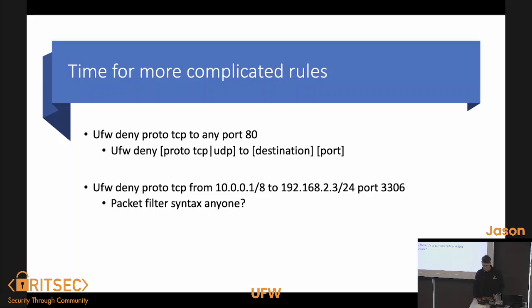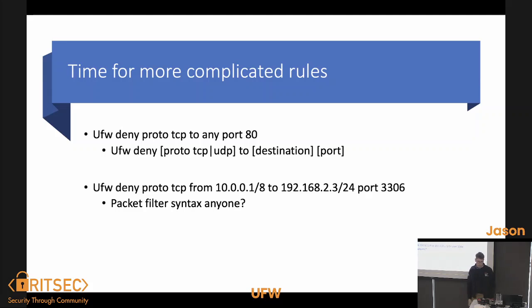We can also specify a from. So we can do ufw deny protocol TCP from anything in this subnet to any destination in this subnet on port 3306. What is port 3306? What's the service? Everybody know? Yes, it is. So this is blocking all MySQL traffic. Well, anything running on this port, all traffic that's destined for this port, coming from that subnet to this subnet,